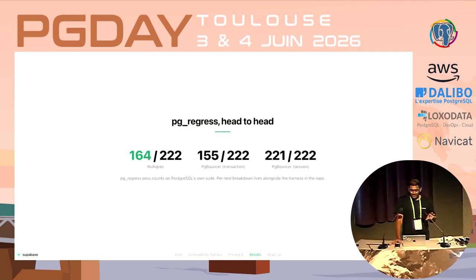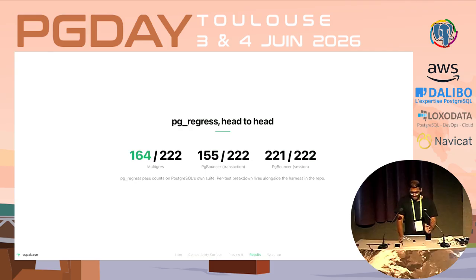The most head-to-head comparison is the transaction mode. It's the mode where pooling actually is happening, where the connections get shared between transactions. And against that mode, that is where we actually see comparable results. The gap between what we see with Multigres and the session mode is the work that is currently still in flight. So currently we are at 164. I want to call out that this is not an architectural ceiling. These are just things that we are fixing on the fly, and we intend to reach full compatibility with that.